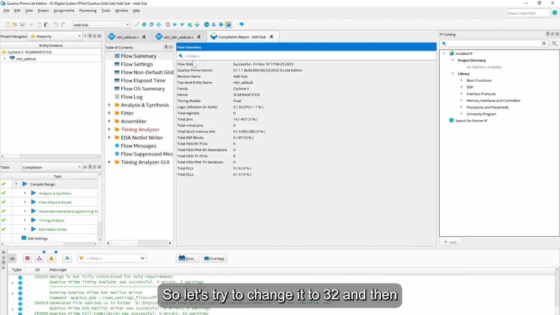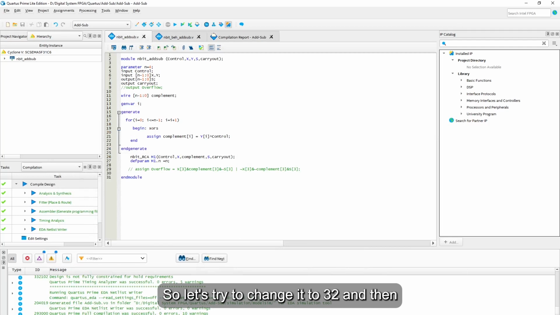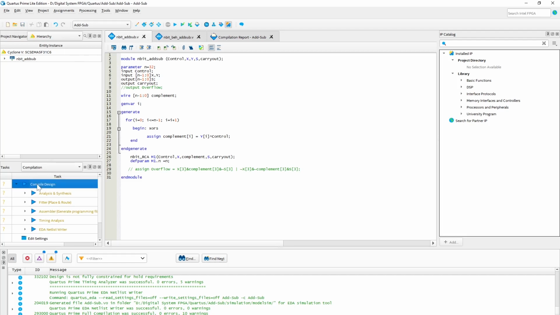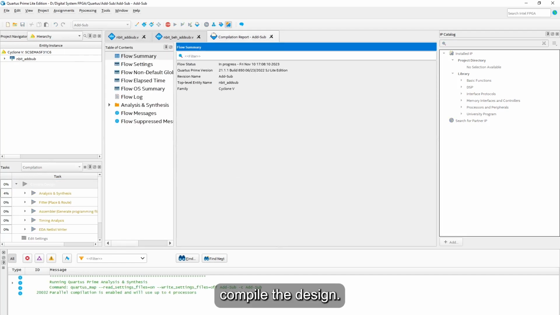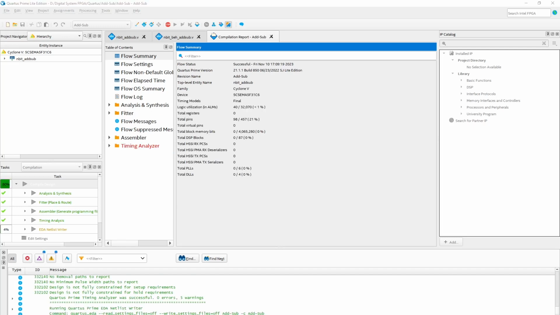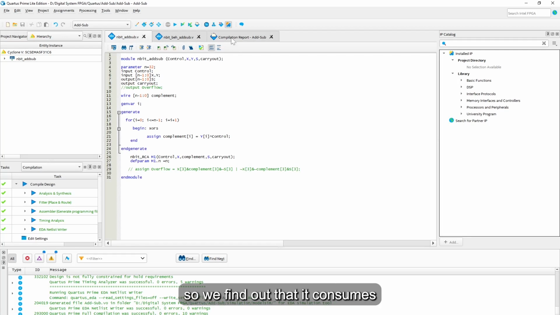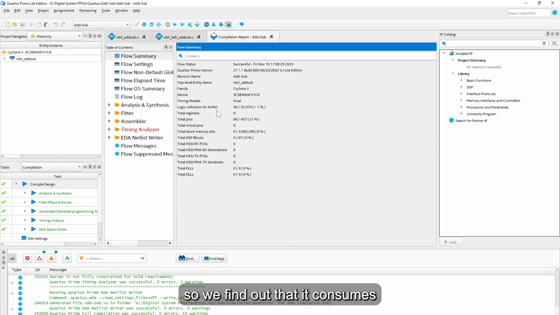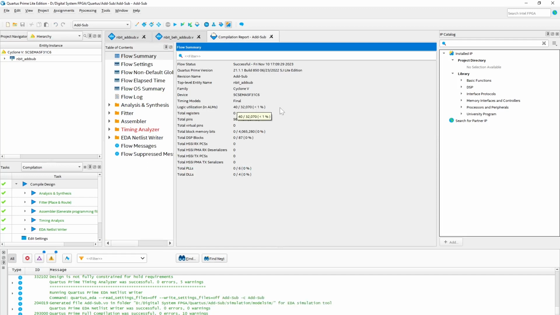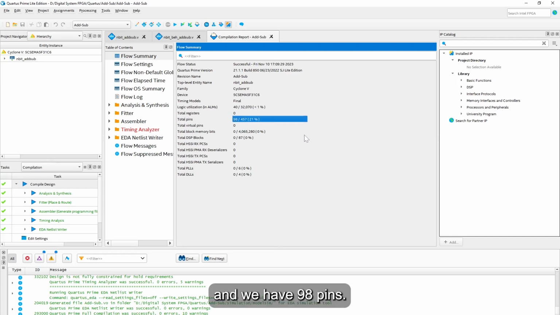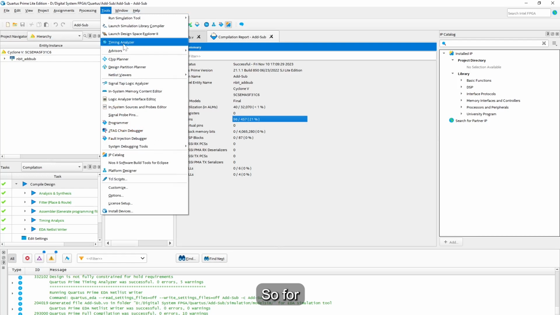So let's try to change it to 32, and then compile the design. Now for the 32 bits, we find out that it consumes 40 adaptive logic modules, and we have 98 pins. So for performance,